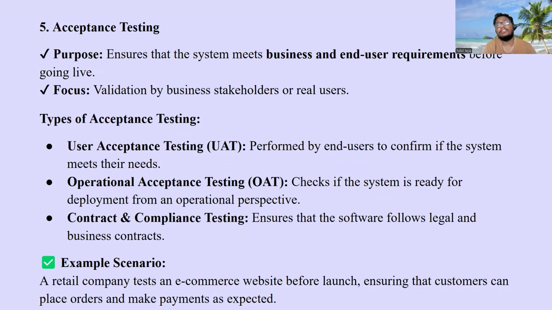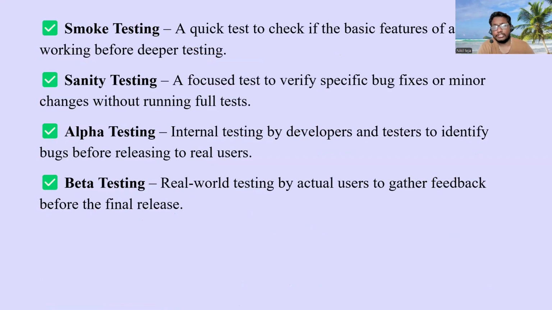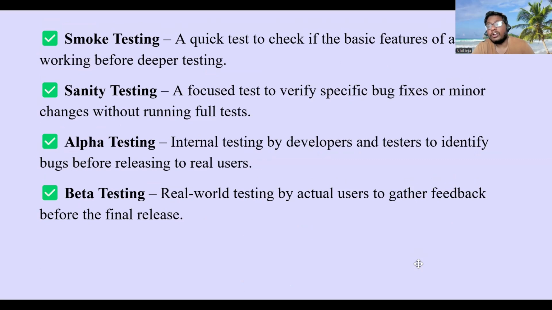Along with this, there are some more testings which are not frequently used, but they are important to know. One is smoke testing. Smoke testing is a quick test to check if the basic features of a build or of a software are working before deeper testing. Smoke testing is done before deeper testing. Next is sanity testing, a focused or narrow test to verify specific bug fixes or minor changes